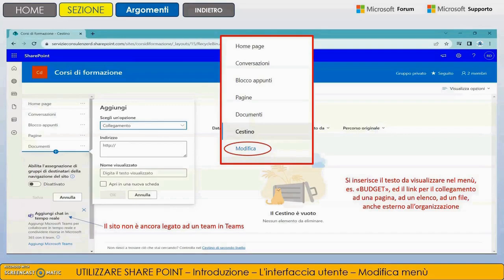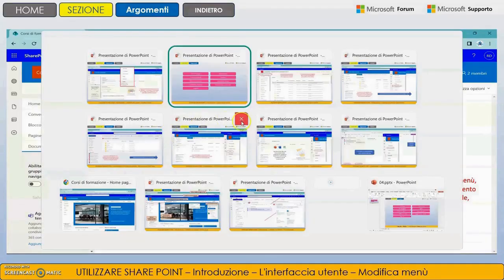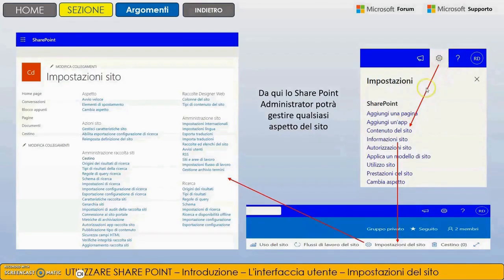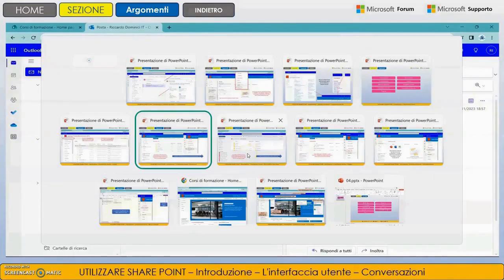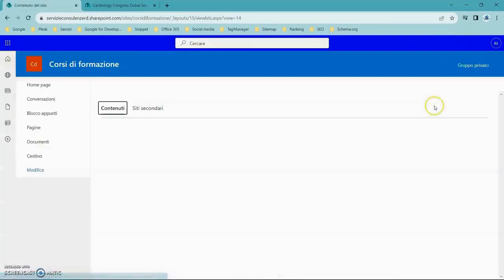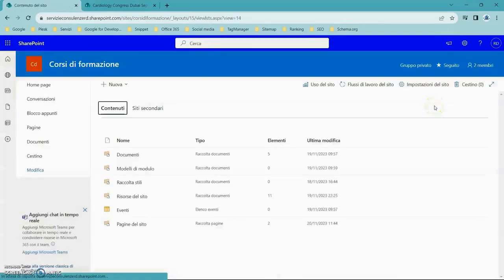And given the change, all that remains for us are the site settings. So from the top, now we're going to do this step live. Let's click on the site content using the gear icon. So just a moment while we reach the site, there are many screens open. So from here, I click on the site content after clicking on the gear icon. At this stage, I click on the site settings and this screen opens for me.